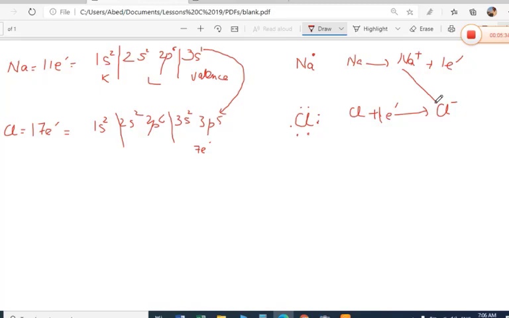But the main point here which I wanted to show you is that if you write the electronic configuration, the complete shells which are inside are called inner shells and the electrons will be called inner electrons. The last shell which might be incomplete, that will be called valence. And here these are the valence shell, 7 electrons in the valence shell of the chlorine. So now come to the lesson, then you will understand easily.